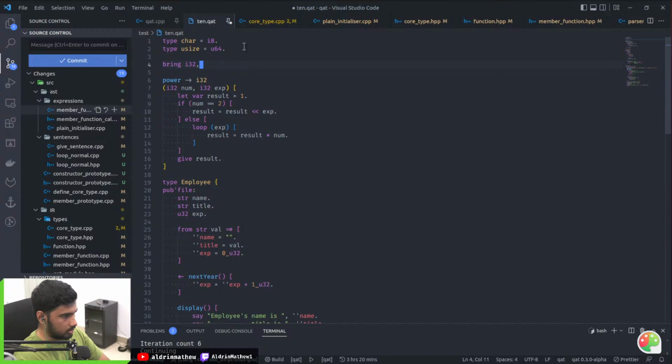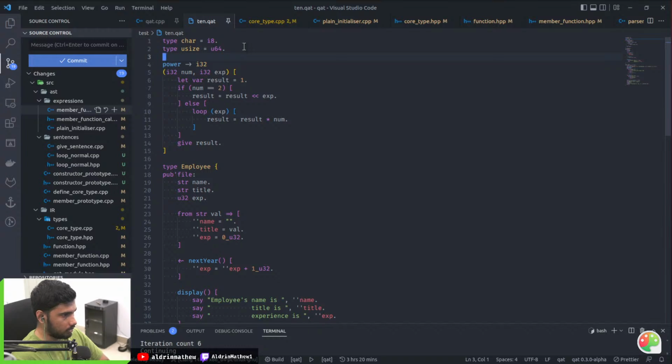Basically, I32, not I32, I43. Only if you do this will you be able to use it. But I don't think I have the representation for this in the AST.